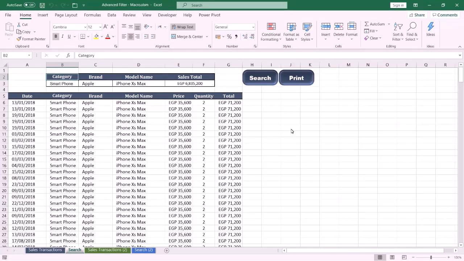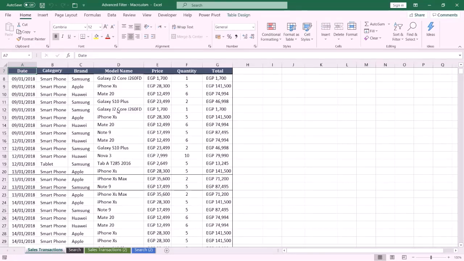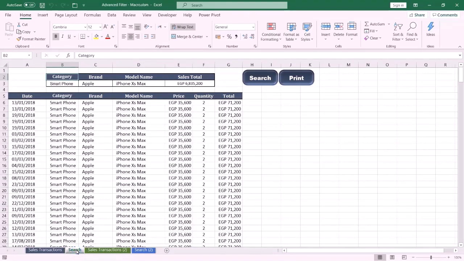In this tutorial I am going to show you how to create an automated advanced filter by using macros and VBA. I have a sheet that contains the sales transactions for my products, and I have another sheet that I am going to use in the search operation. I want to select a specific brand or a specific model